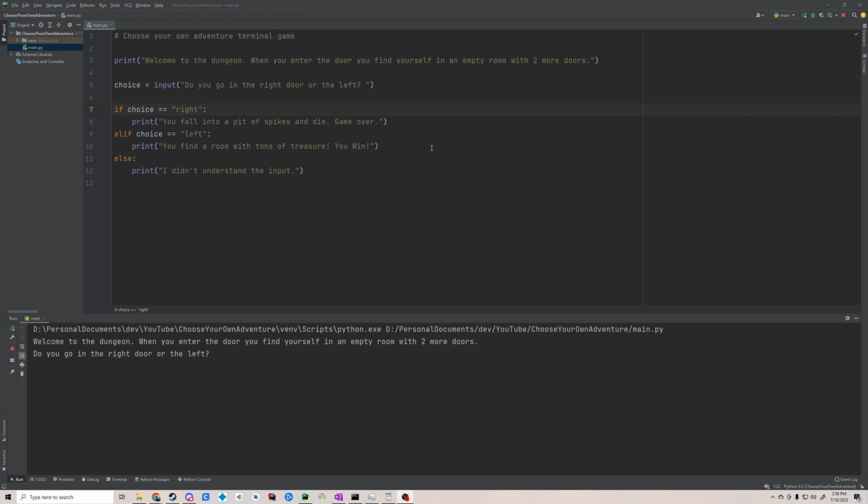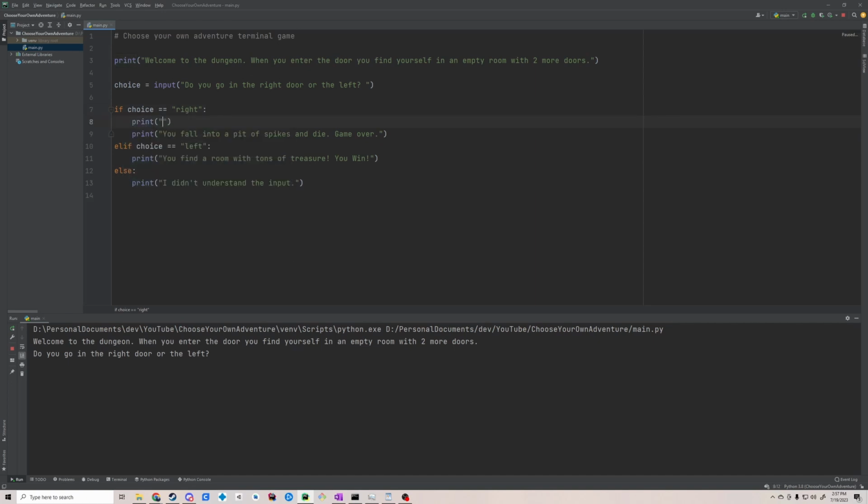And for one final aspect of this, these indentations in Python are very important. That's what determines code blocks. And so we can do more than just a single print statement inside of this if block. And so instead, we can say something along the lines of print, you see a pit of spikes. Do you